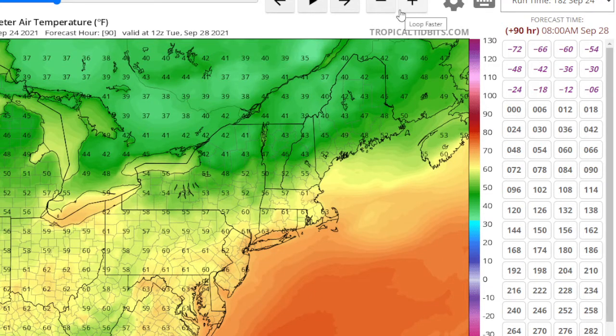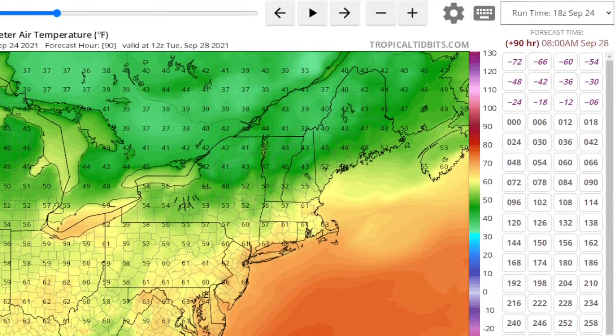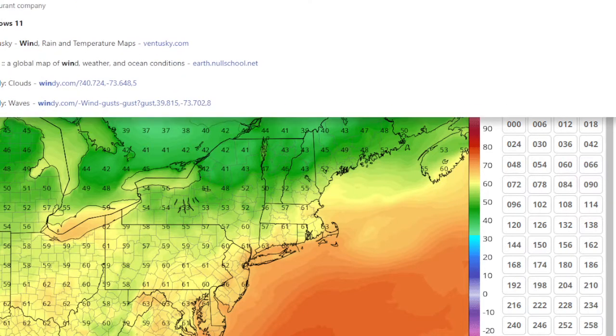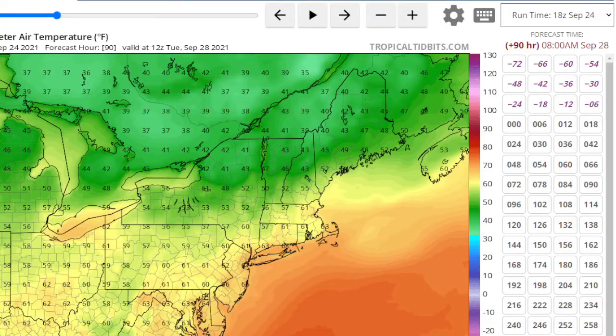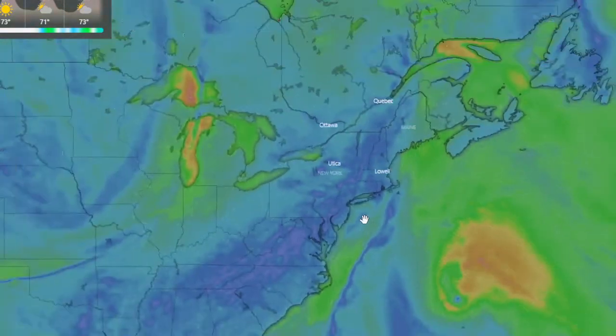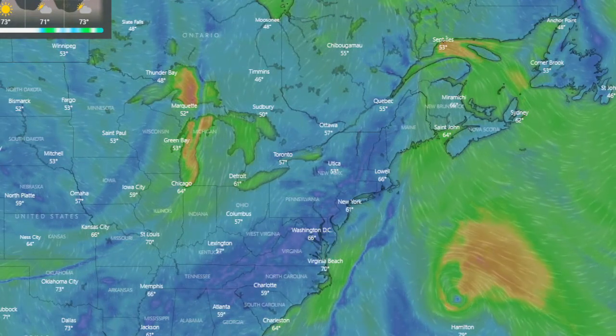Being that the dew points are going to stay low, we're not going to be dealing with humidity for a while, so I'm very happy about it, at least according to the GFS. But now I want to go to windy.com, and I'm going to visualize a little bit on that European model, which shows you what could happen. The European obviously has a different opinion of things,